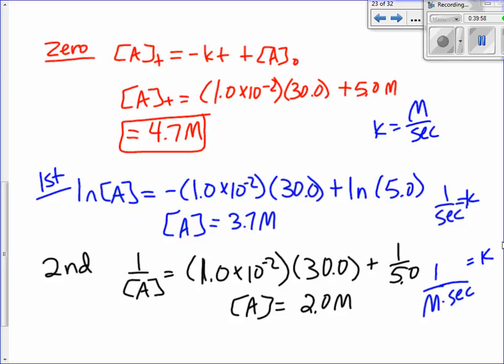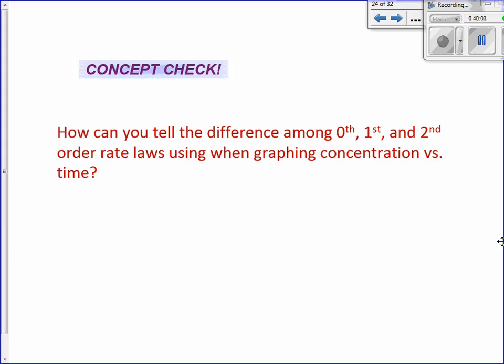Now for the fun graphing calculator problem. So you need your graphing calculators out. Oh, concept check first. We'll probably just get through this today, and then we'll go on to the graphing, although you're welcome to try it on your own if you'd like to follow the instructions. It's pretty simple. How can you tell the difference among 0th, 1st, 2nd order rate laws using graphing,